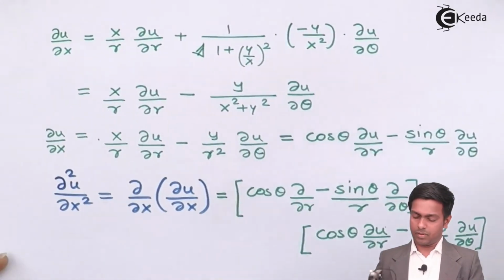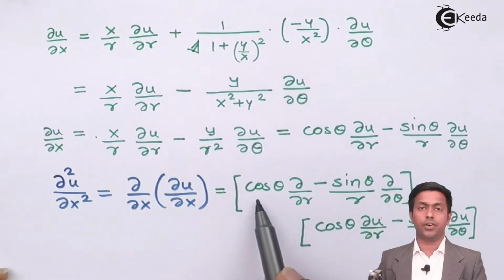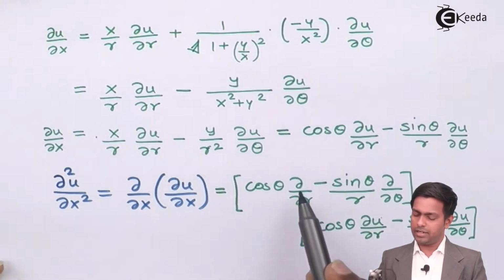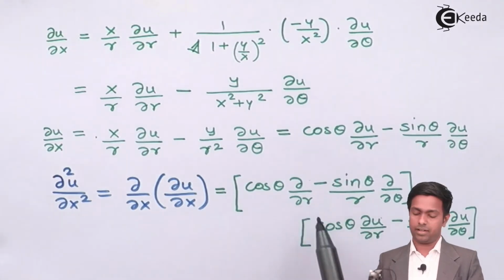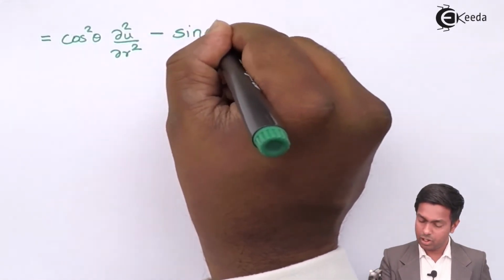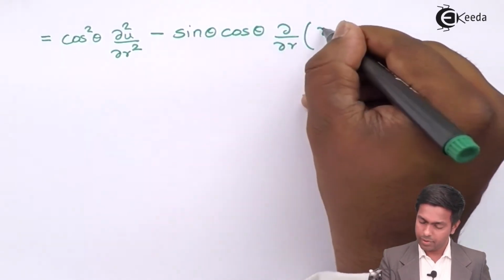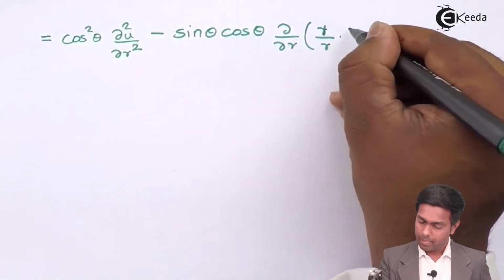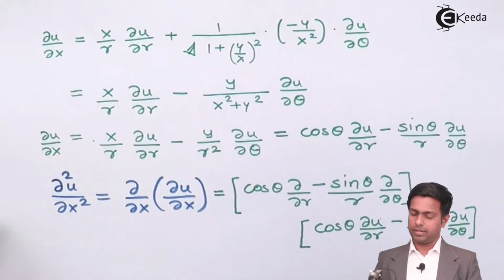Next, we'll multiply this second term with the first term. So cos theta and then del by del r into this. Now in this also sin theta is a constant, I can take it outside, and for the remaining terms I'll differentiate it with respect to r. So with sin theta outside we will get negative sin theta cos theta del by del r of 1 upon r, into del u by del theta. So the first term is done.